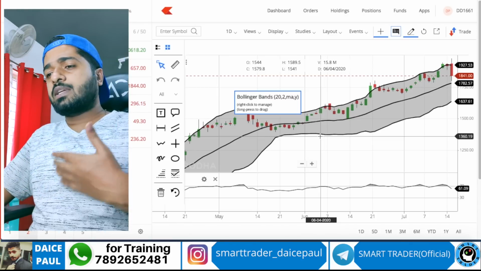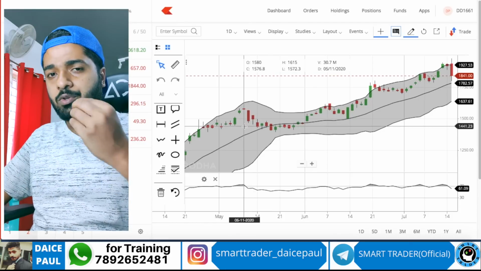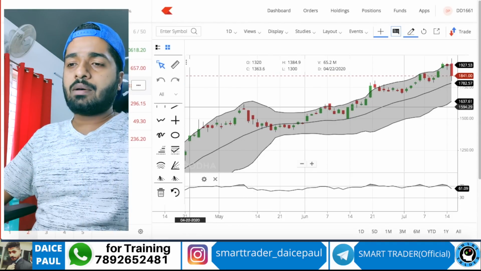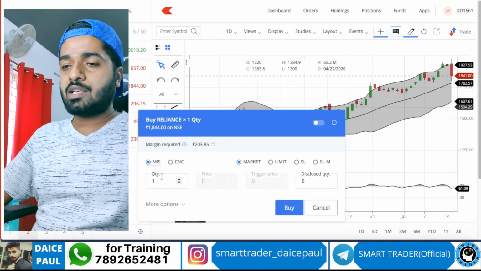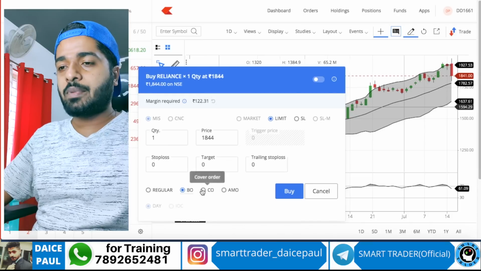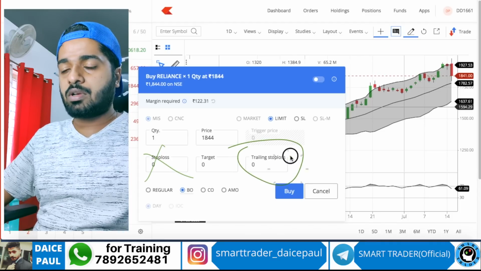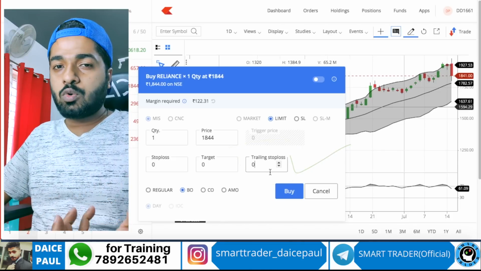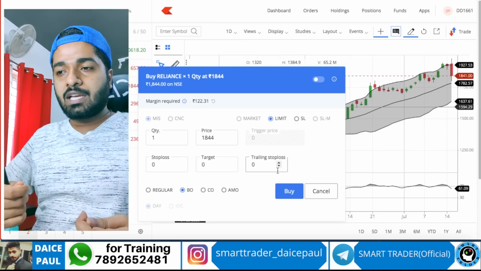Now the technology has advanced so much that brokers are giving you an order to trail your stop loss. For example, in intraday, with a Zerodha broker, if you look at MIS orders, you have stop loss, trailing stop loss. If you go to bracket order, you see an option called stop loss and then you have a trailing stop loss. So here you can type what this will do. This order will automatically do what you do manually. I told you I manually keep updating; this can be done automatically by the system.